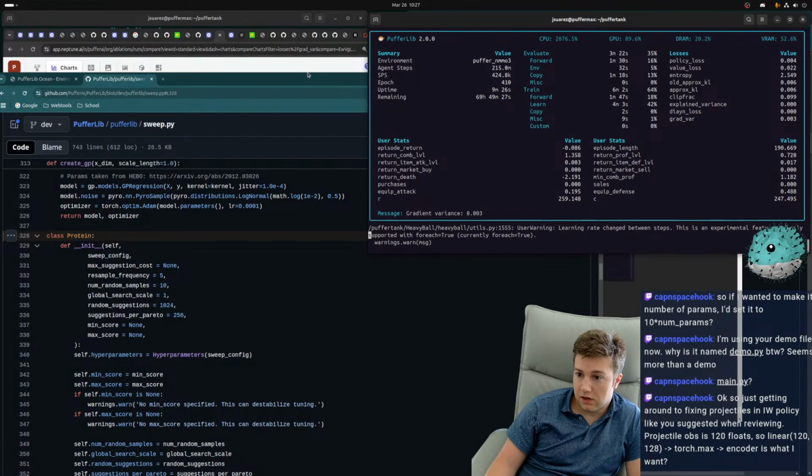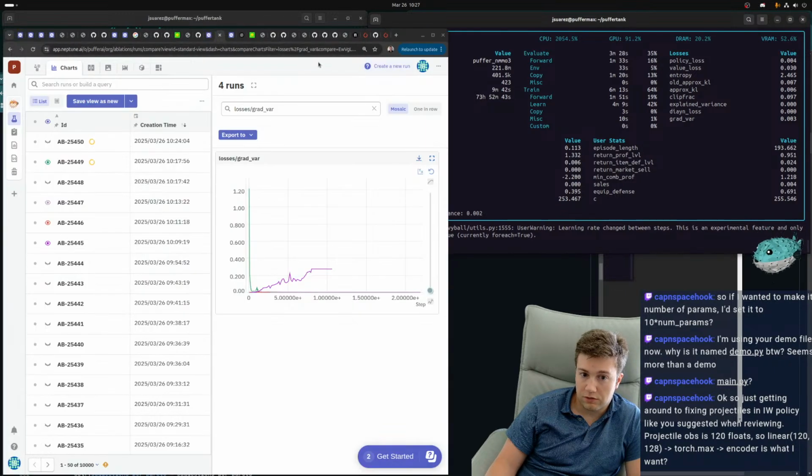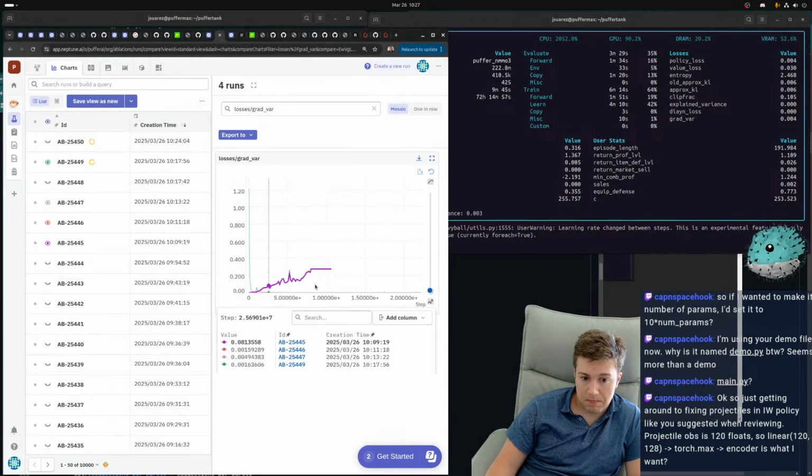So the gradient scale, I mean, it is increasing. I'll let this run a little longer just because it's going to increase pretty quickly maybe here. But the absolute scale doesn't seem to have anything to do with the task difficulty and definitely is not predictive of the batch size that you would need.